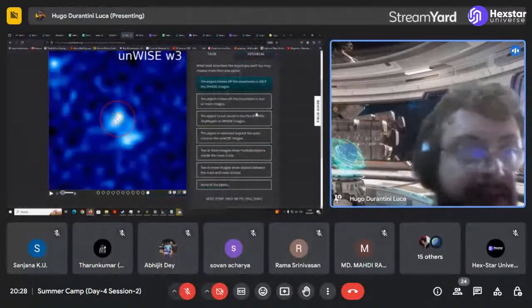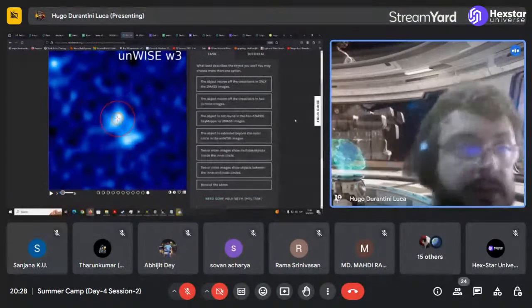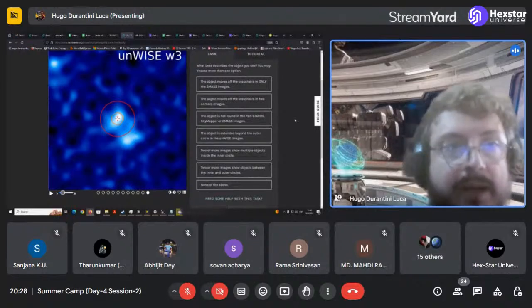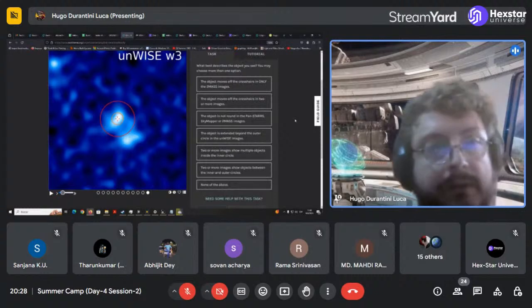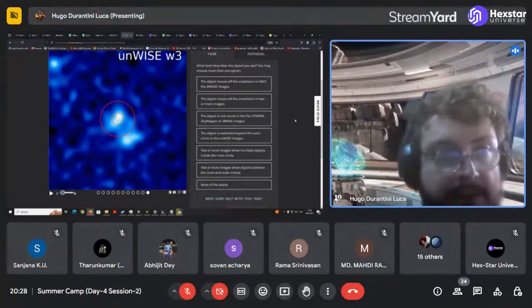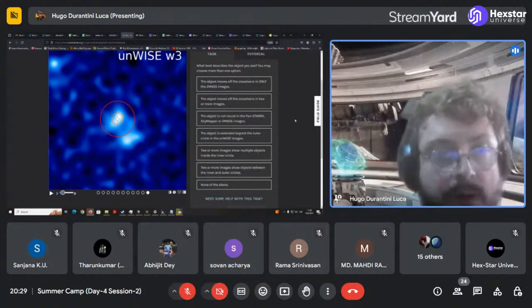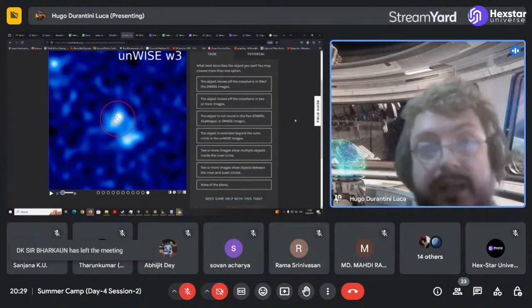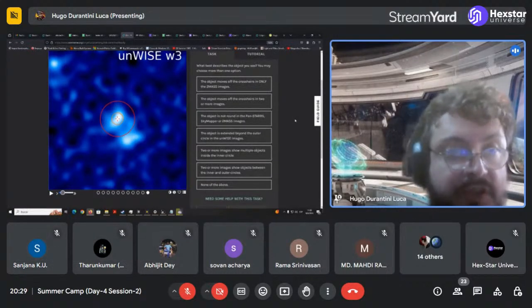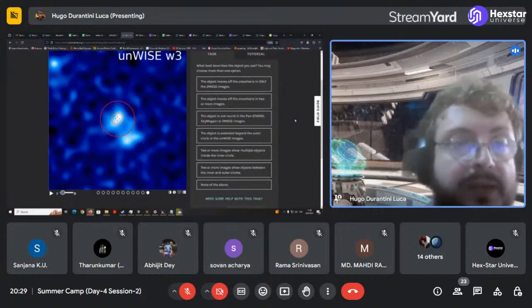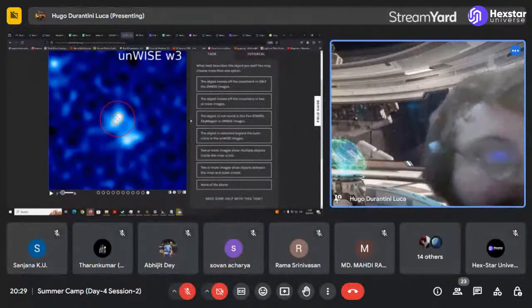So how can we discard a false positive in this case? You can do a bit of that with computers. Computers can flag when a source is too extended, or surpasses or is below certain values, or is in the galactic plane, so you want to avoid that, and so on and so on. But there is a limit to that. That is the ambiguous way that some shapes have, and computers are going to discard a lot of data that could actually be good, and you need human eyes to see it.